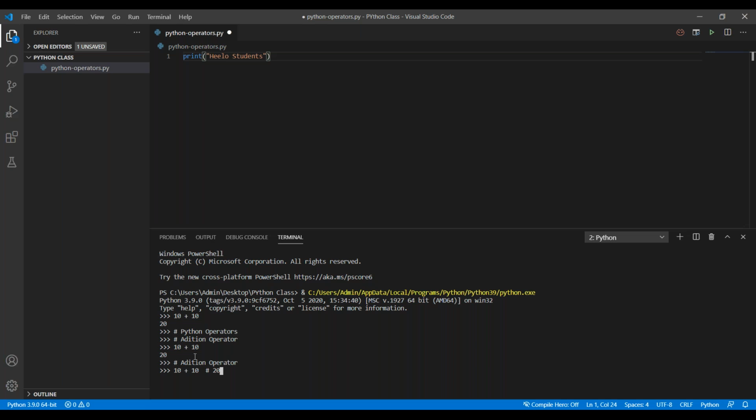Okay, so now what will print? It will print only 20. It won't print the hash symbol and 20 again. Once we press enter, you can see the 20 value. So that means the left operand is going to add with the right operand. So what is the operator? Plus. So plus means addition,